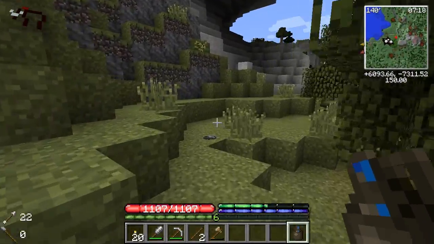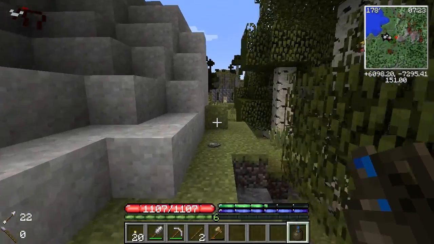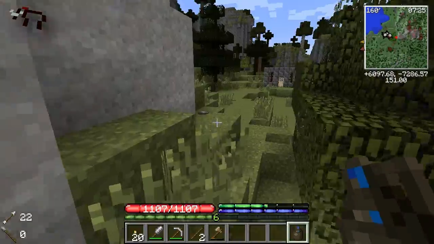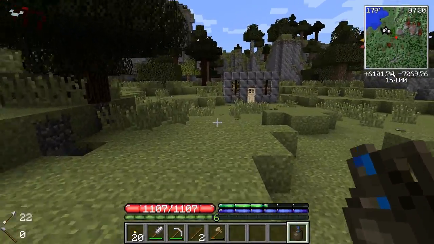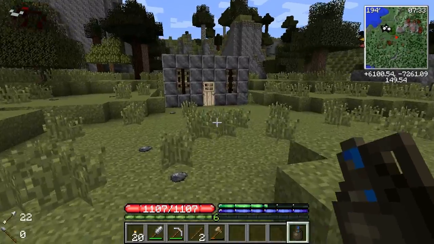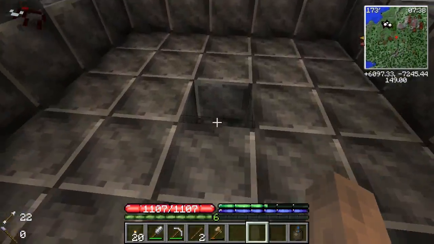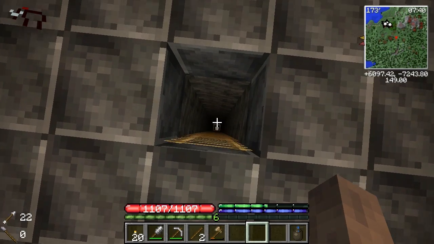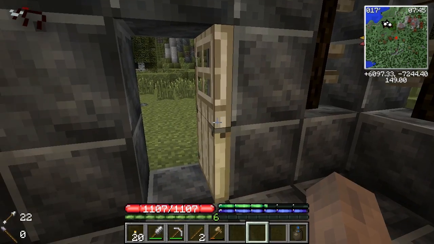I know there's some down here. This way. What's this? What have we here? Ah, a discovery. Let's see. A mine of some sort. I wonder if there's...